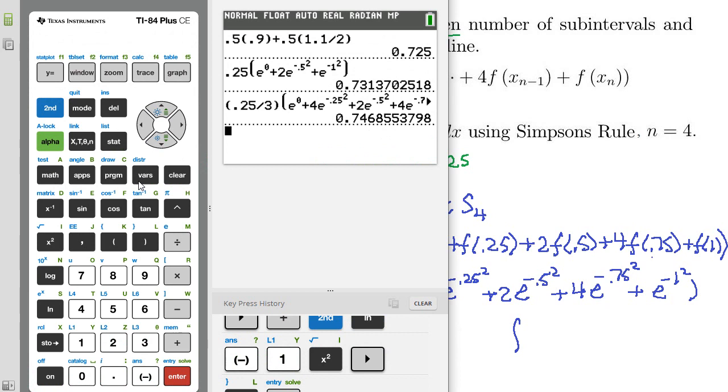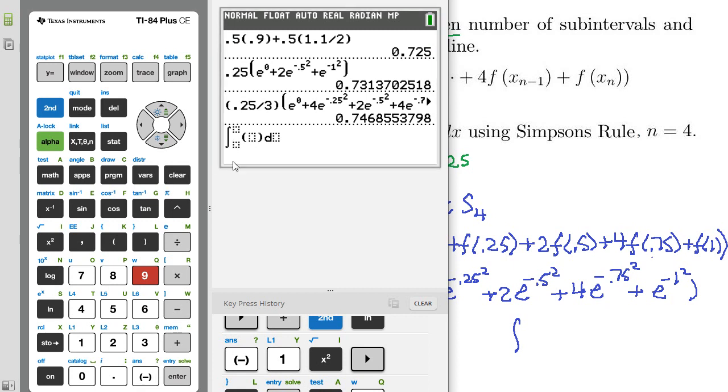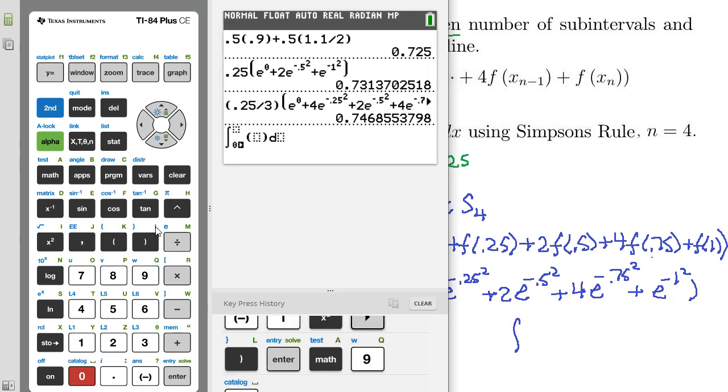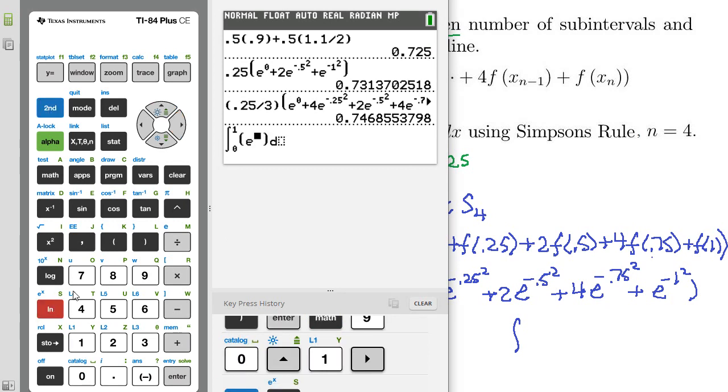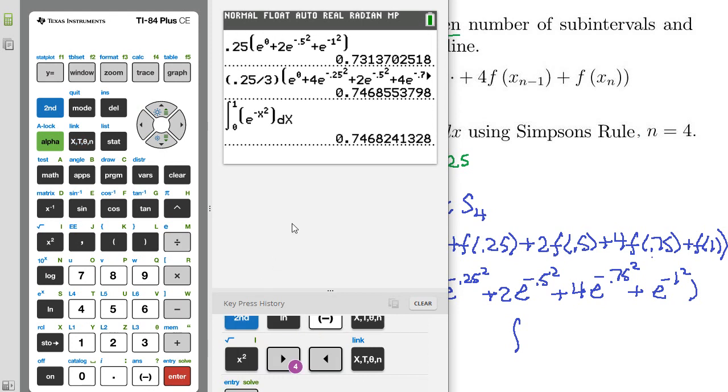So we can go to the math menu and then fnInt, which is number 9. And we are going from 0 up to 1. And then we go ahead and put in our function, e to the negative x, and it gets squared, and dx. And so full calculator accuracy,